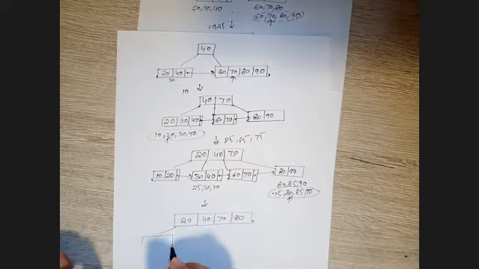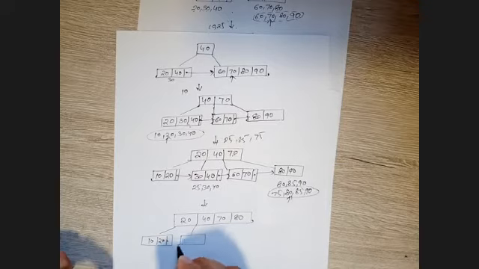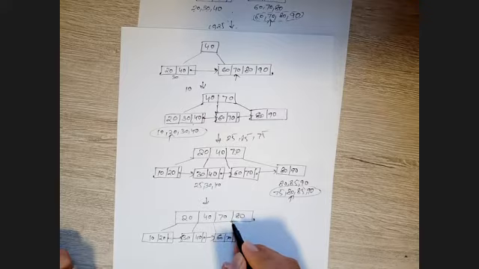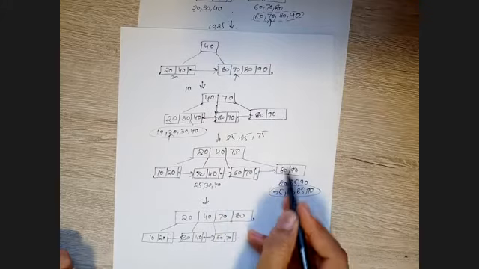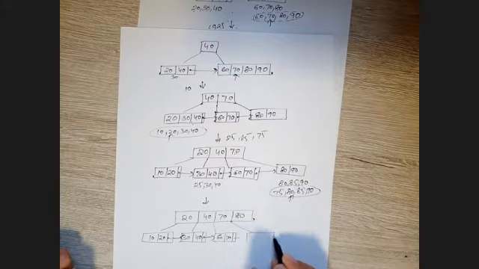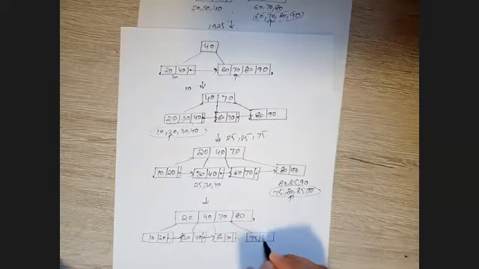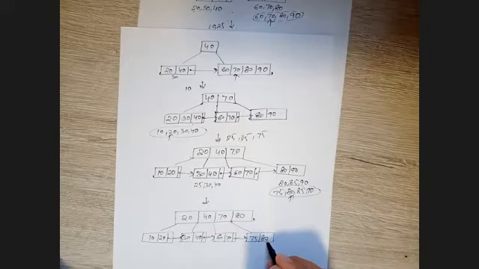Now let's write the rest of the values as they are, right? So we have 60 and 70. And then see for this one, we have split it over here. So what will be this value? Since we have taken 80 on the top, left biasing gives 75 and 80, and we keep the key over here the same. And for this one we have the rest of the values, 85 and 90.